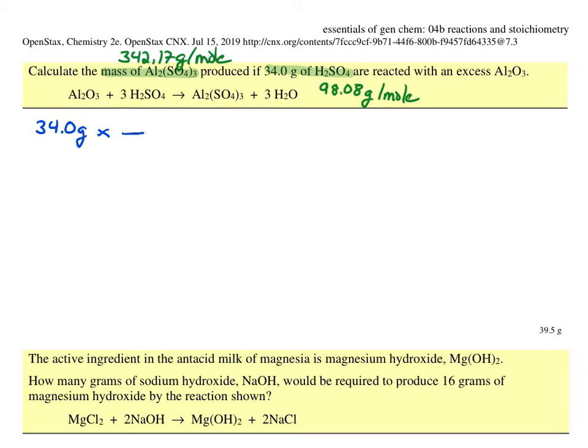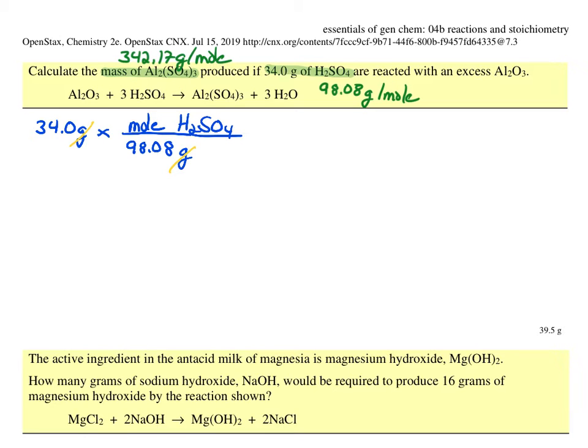We know we want to relate it to moles because it's being compared to another chemical. So we need to use a formula weight. So now, if we were to stop here, we would know how many moles of sulfuric acid we